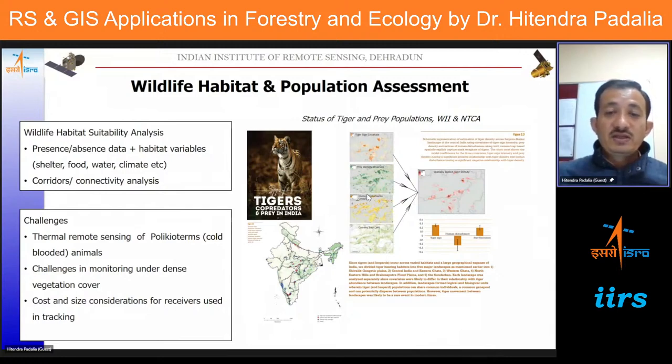And so this type of integration of data from a variety of sources is being done using geoinformatics techniques, and then we are able to have spatial distribution maps of tigers across the country and its prey base. Also for different prey species, such maps are being generated, and so this is very effective. This technology is very effective in bringing a lot of conservation success, particularly for the wild carnivores and their prey species. In India, the tiger is one such example.